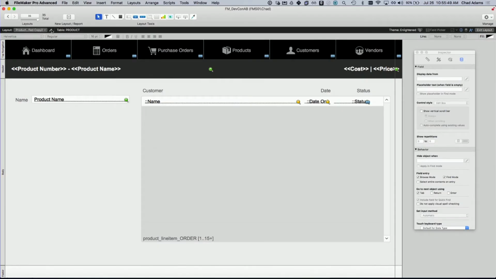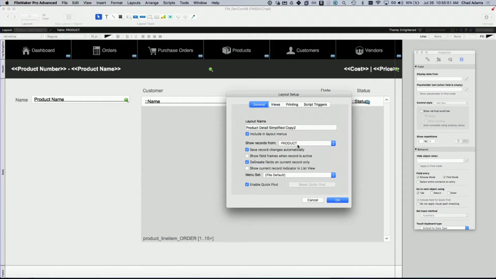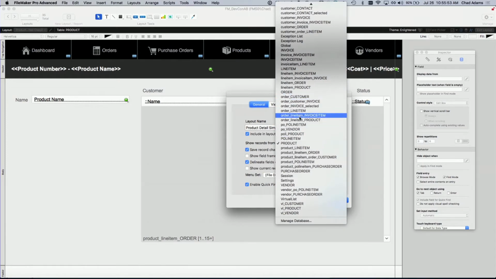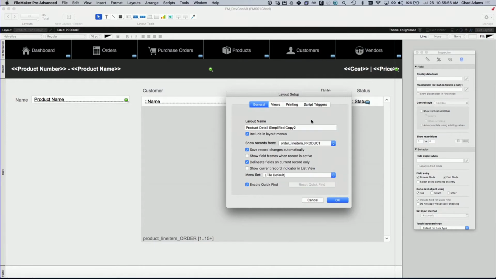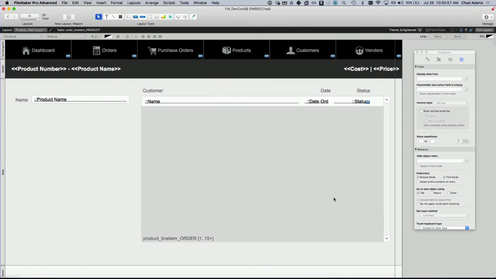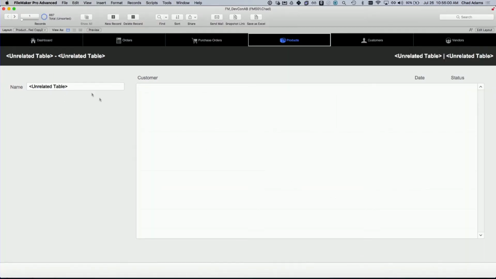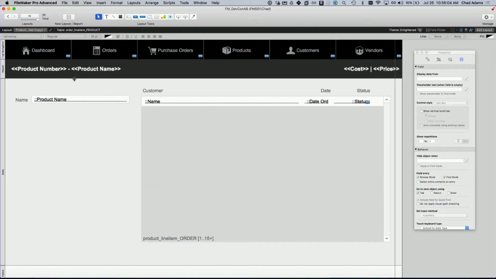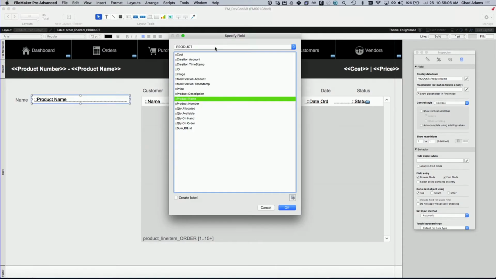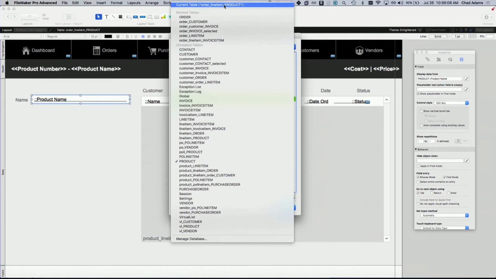So first of all, I'm going to change which table occurrence this is based on. I'm going to go to product, change it up here, and I'm looking for order line item product. Okay? And of course that breaks things. If I go to browse mode, I get an unrelated table and nothing shows up, and this stuff is all unrelated. And so I'm going to repoint this to my new table occurrence,